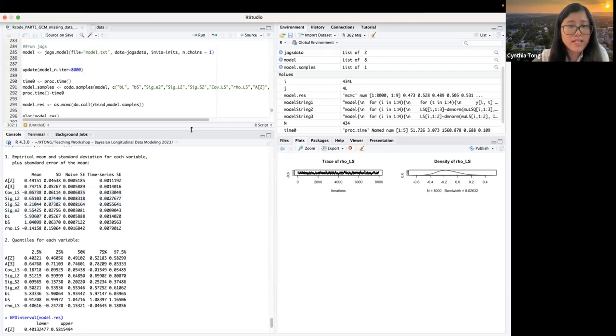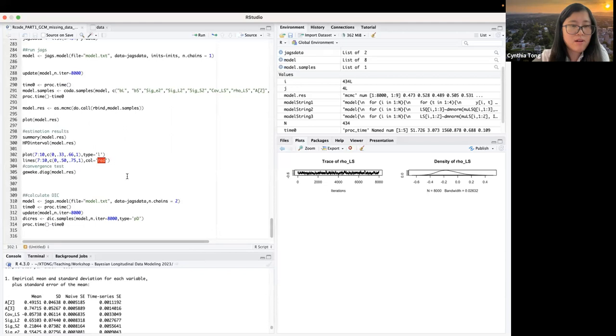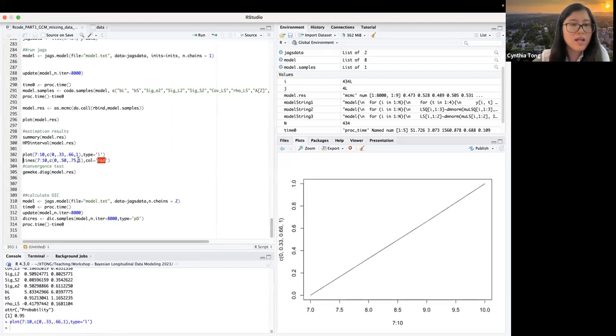Okay, so we also get the variance and covariance estimates, right? And here I actually plot this. If it's linear, then from 7th grade to the 10th grade, we have 0.33, 0.666, 1. But actually here the estimated values are about 0.5 and then 0.75. So it actually increased faster than a linear change at the beginning and then got slower.